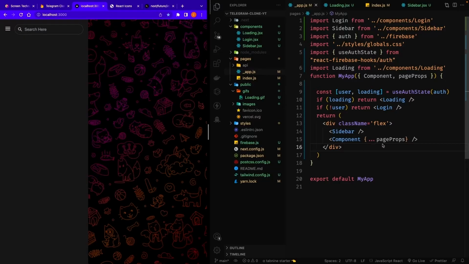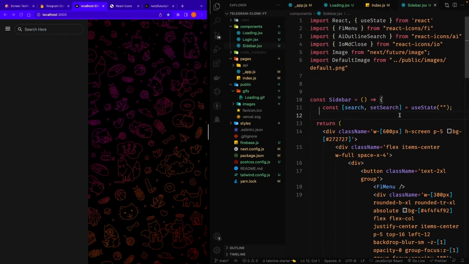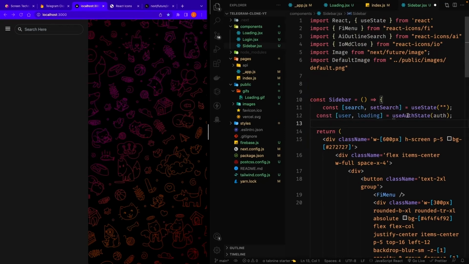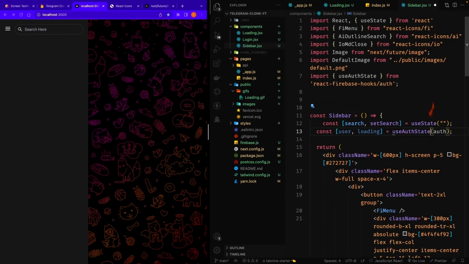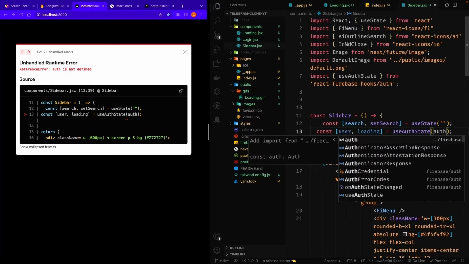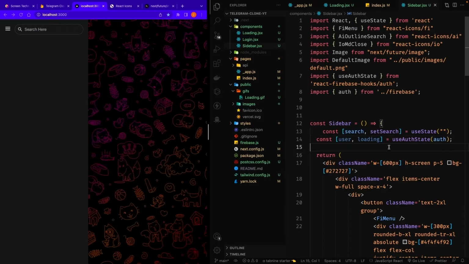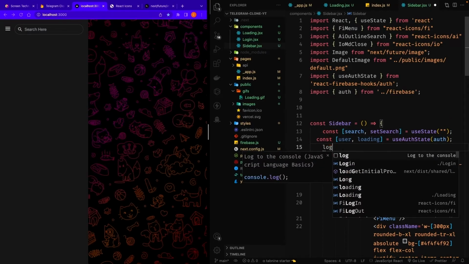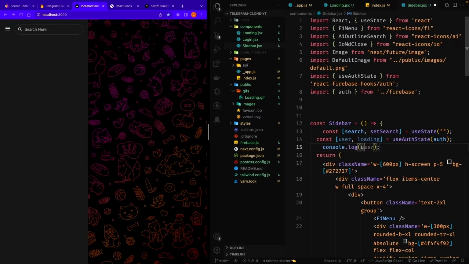what I can do is I can just write here like, so just copy this thing, come to your sidebar, at this point paste this thing. I need to import this use auth state, just import that thing, save it. We need the auth also, save, right? And let's say I'm writing like log, I'm going to write console.log user, save the things, and at this point right click, inspect,